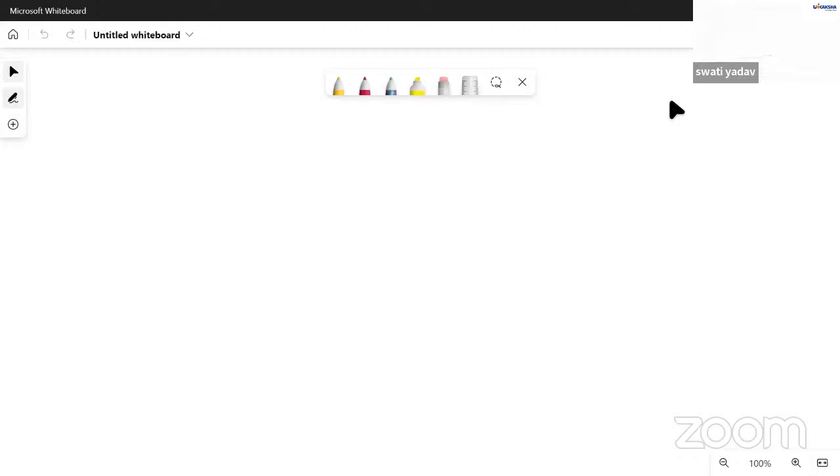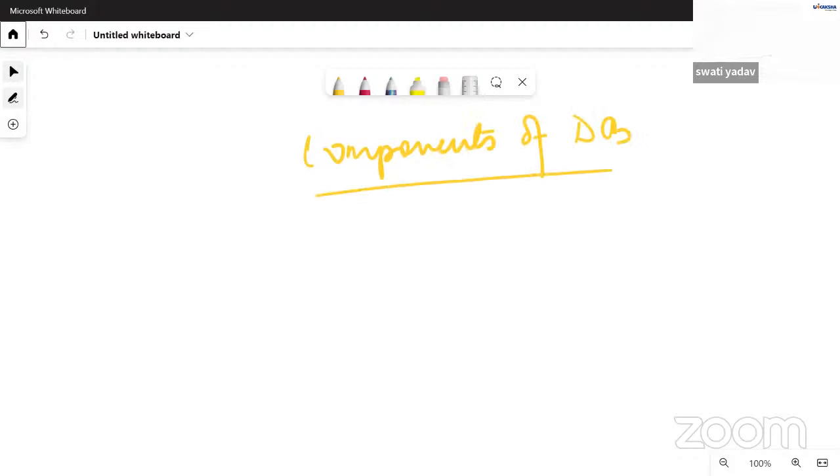So there we'll be talking about components of DB. I just think that before we start drawing the comparison, be aware of the database as a whole, what it stands for.